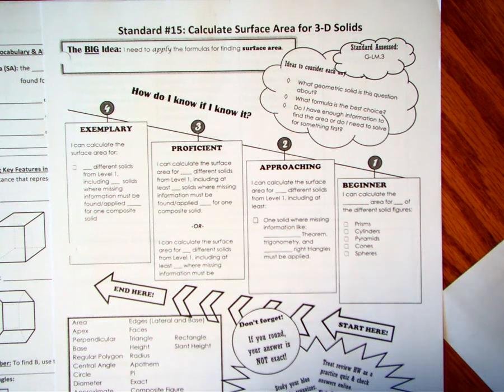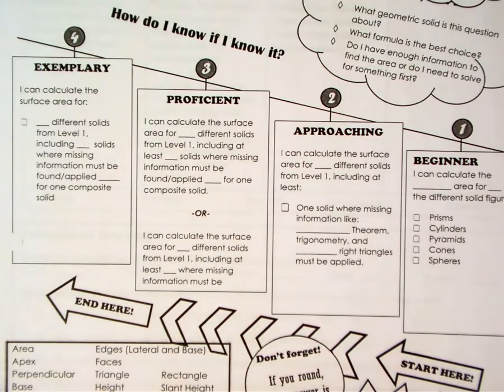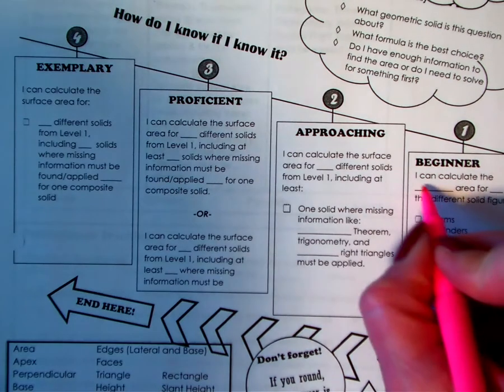Alright, geometry. Here we go with standard 15, which is on calculating surface area for 3D solids. So to start with, let's go over what it takes to be proficient and more. Okay, so to start with, you are at the beginning level if you can calculate the surface area